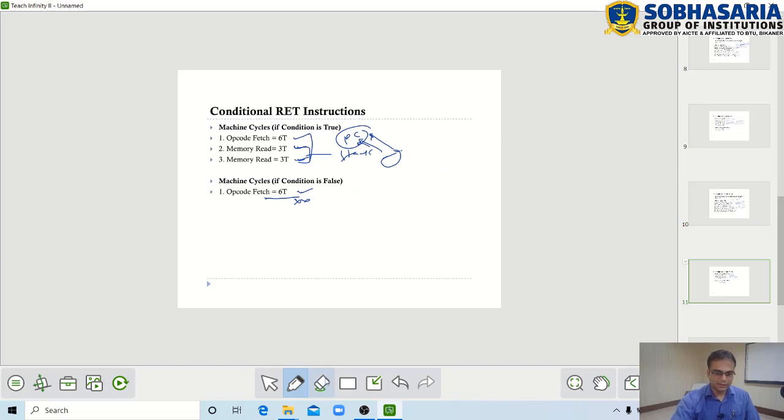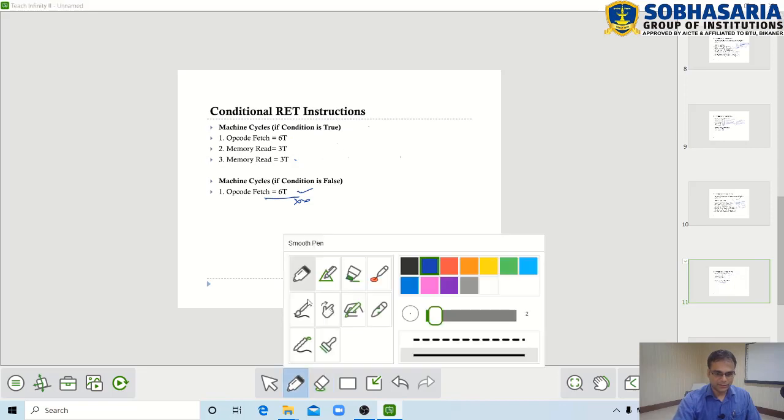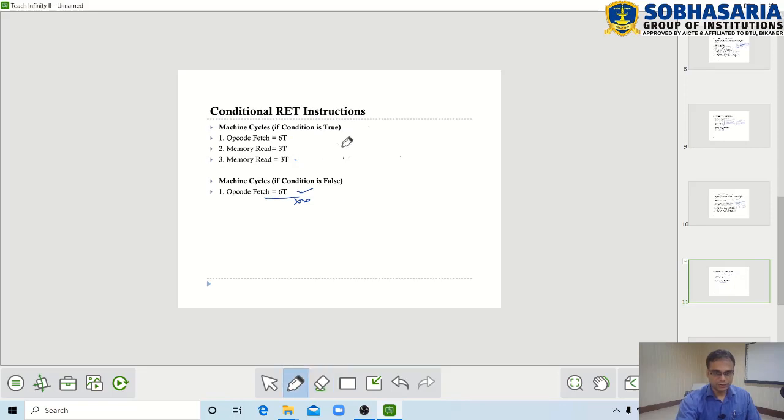So if the condition is true in case of return, the machine cycle will be 6T, 3T and 3T. These two memory reads are nothing but when the 2 bytes are popped from the stack and copied into the program counter, right?